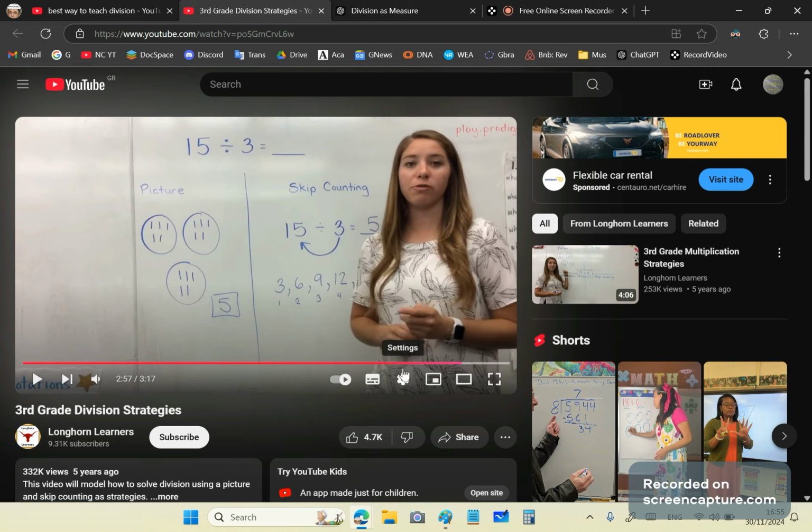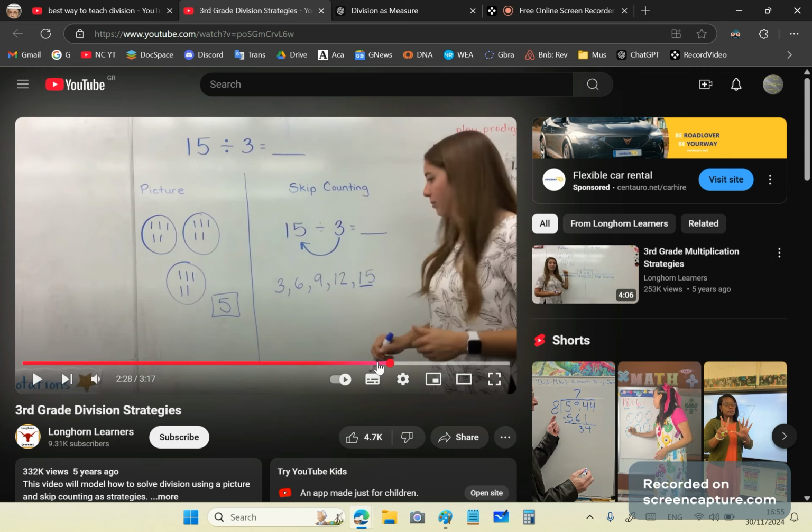And the second part is actually more interesting because this educator has called it skip counting. She starts off with what needs to be measured and she just keeps adding it to itself. So that's one of the ways you can find out how many times 3 measures 15, okay? Because 3, 6, 9, 12, 15. All right, so we've measured 15. You could have also done it the other way. You could have said 15,